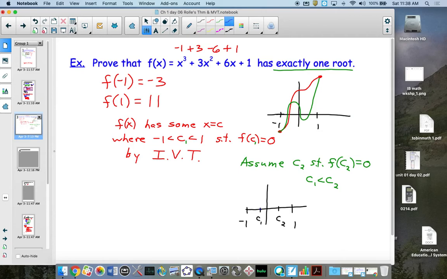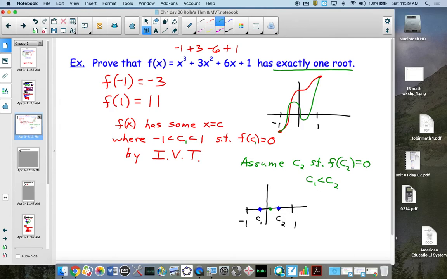Alright, so here's your 2 roots of your function. Well, wait a minute. Now, f of c sub 1 equals f of c sub 2, and we know it's continuous and differentiable on this interval, because it's a polynomial. So Rolle's theorem actually applies, and that means that there's some other value